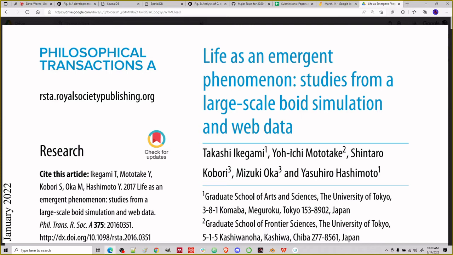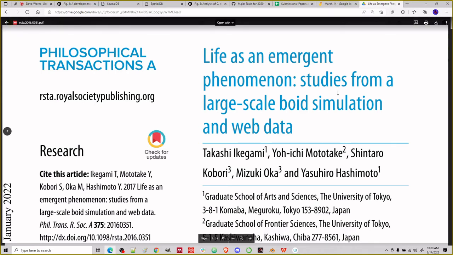So sometimes people use tools like network theory, which is something we've talked about. People use different types of scaling laws to explain how the interactions occur in time or in space, and so those are ways you can explain it. In this paper, they talk about life as an emergent phenomenon, studies from a large-scale Boid